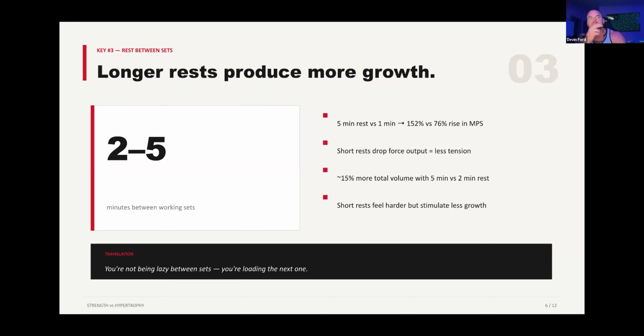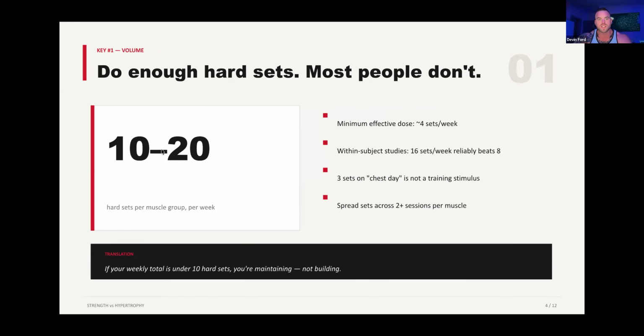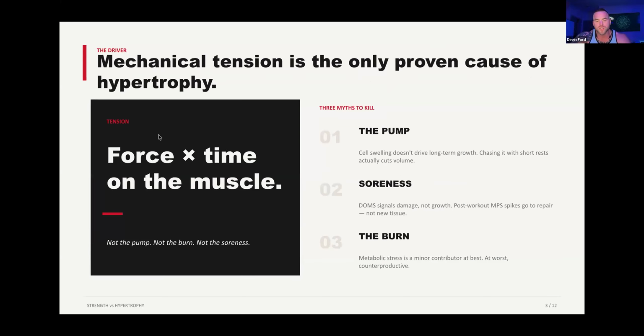Yeah, that's a good question. There are two things to say there. Number one, if you're taking whatever lift you're doing and you're going to failure and you get less than 5 reps, it's probably worth lowering the weight for the next set so that you can get more reps to go to failure. And the reason for that is this. Basically, if you're using the same force, but the time, or the reps that you're doing, which is the time that you're moving the force, or the time that your muscle is contracting for, is dramatically less, then one thing you could do is lower the force a little bit so the time is higher.